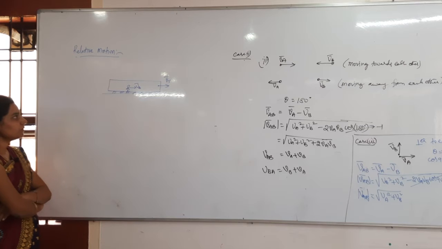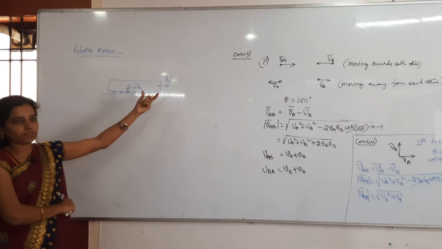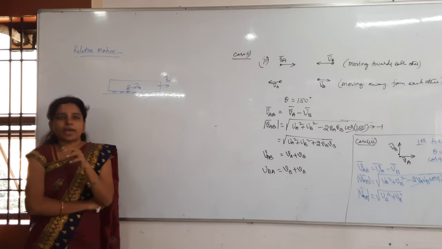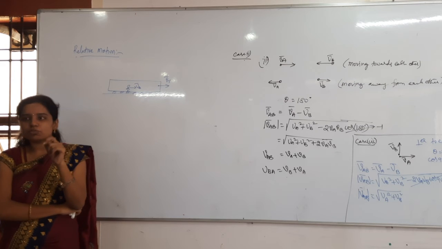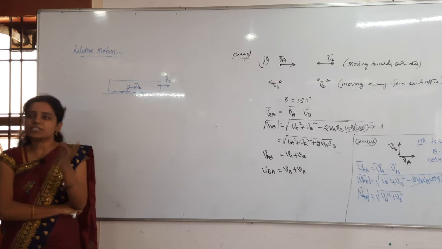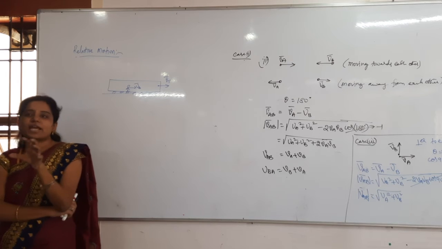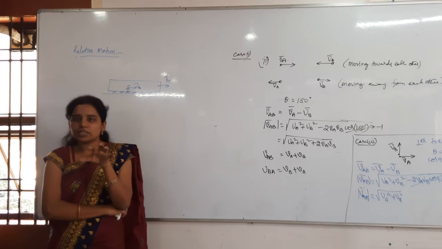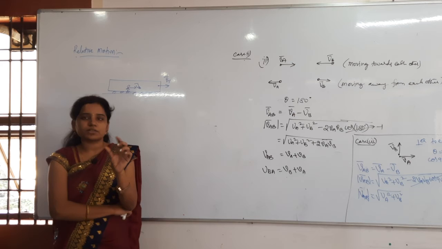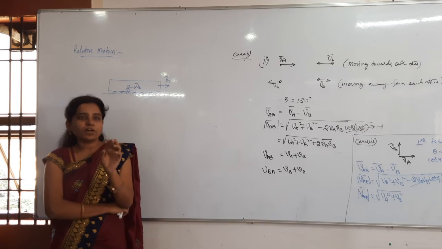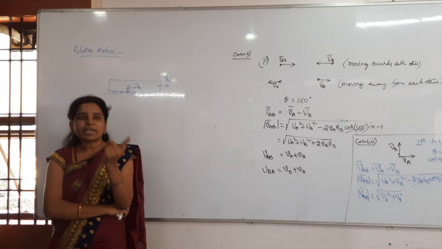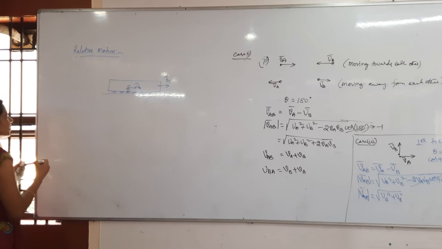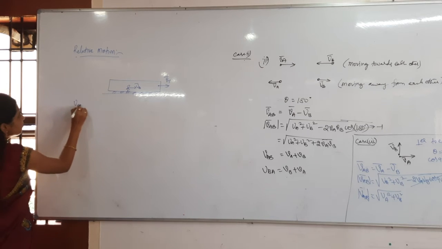So here, look at the board. They are saying that the train is moving with velocity Vt. The boy is running with velocity Vb. As per your idea, will he gain velocity or lose velocity? He is moving in the same direction as the train. As per you, you are standing on the ground and looking. For example, the boy is running in a resting train. At that time he will have some velocity, let me take 10 meters per second. Now he is running in the moving train. Will he gain the velocity or lose the velocity? Obviously he gains the velocity. So I can clearly say the velocity of the boy with respect to the train.